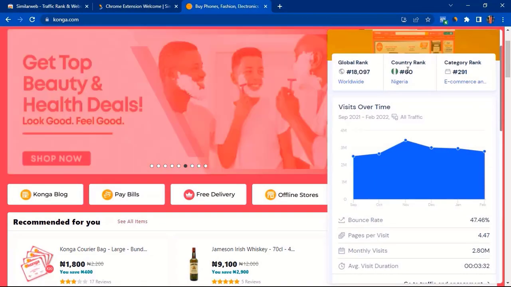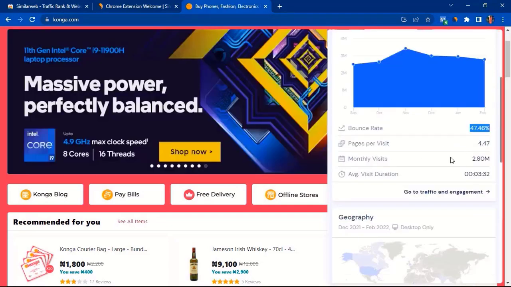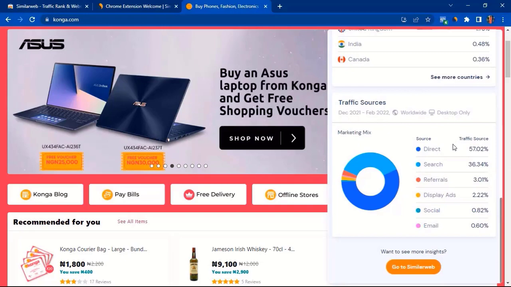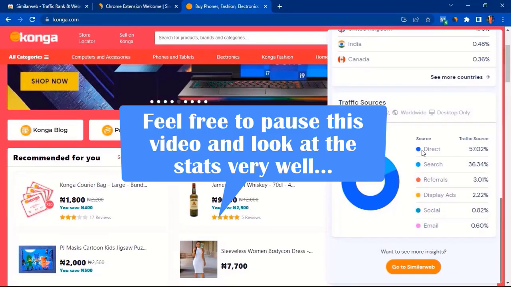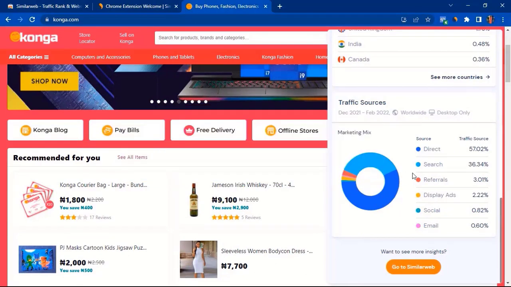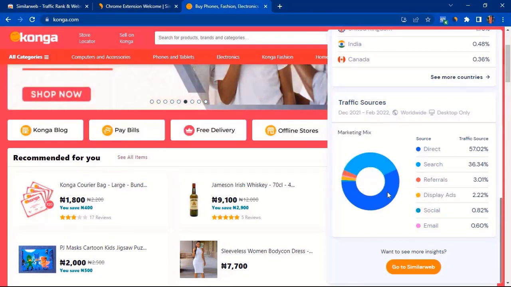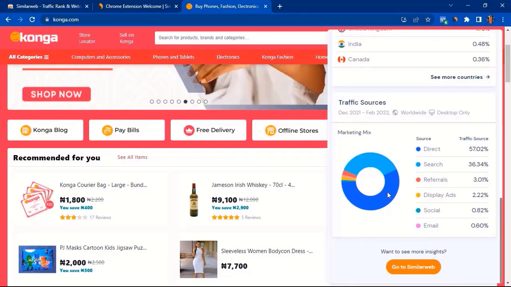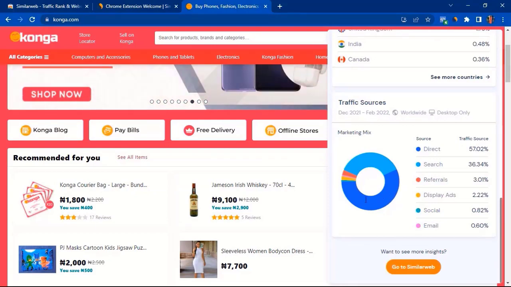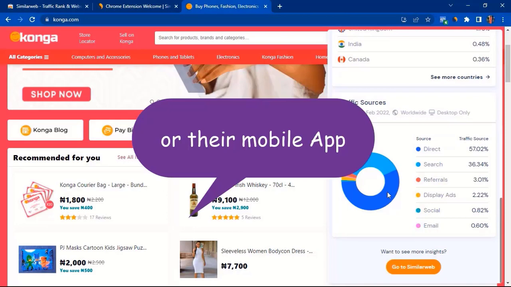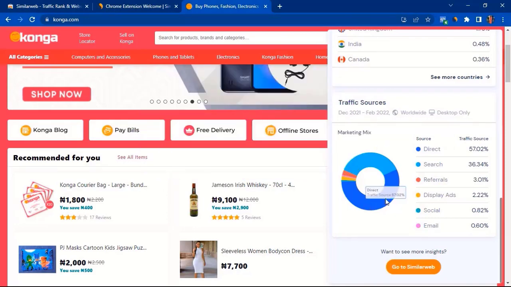So you can see the stats of this, right? Page visits, monthly visitors, average visit duration. So now you can see their source of, oh my God, this is just insane. Look at their source of traffic, right? So blue, which is the highest, 57%, says it's direct. So people just literally type in, the majority of their traffic comes from people literally visiting conga.com. That's the majority of their traffic.